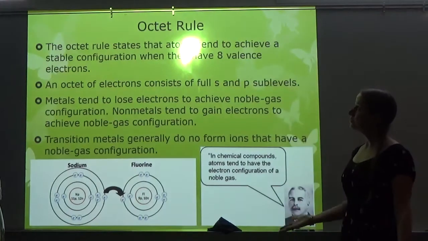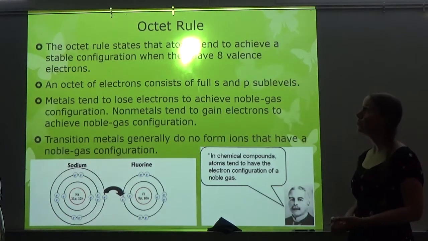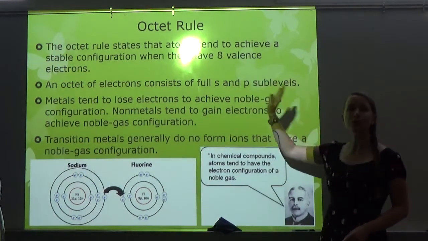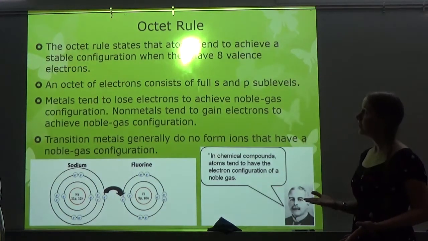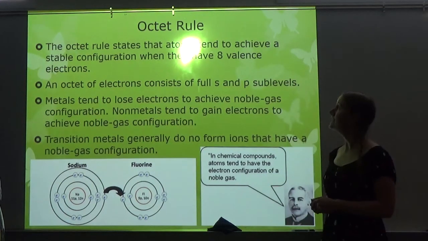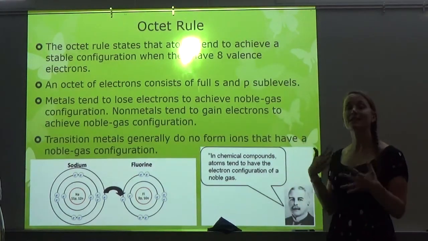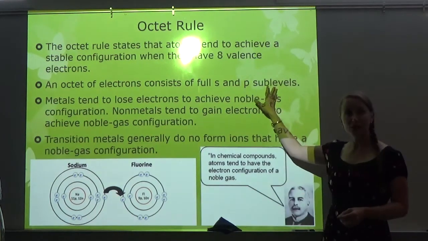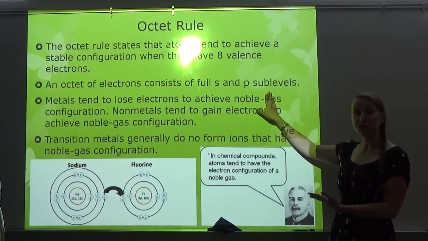So the Octet Rule states that atoms tend to achieve a stable configuration when they have 8 valence electrons. Now notice it says they tend to because there are some exceptions to the rules. An octet of electrons consists of full S and P sublevels. So S holds 2, P holds 6, so together that's 8 valence electrons. So when an electron configuration has a full last S and P sublevel, that element is very stable and